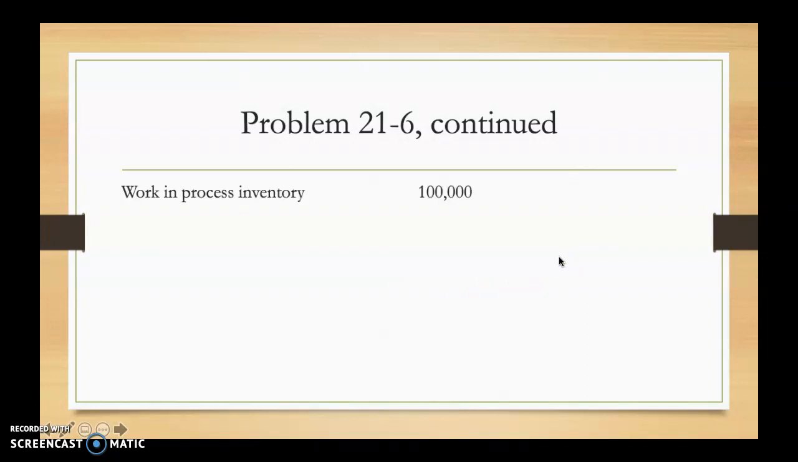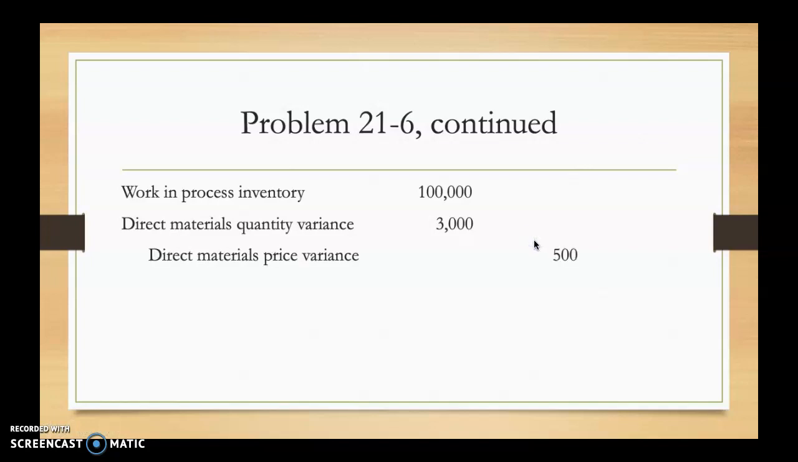For the first one, we are going to record work in process inventory for $100,000 to account for the standard direct materials cost given to us. Then we are going to have another debit of $3,000 to direct materials quantity variance, which is unfavorable variance. So like I said, that would be a debit. And then on the other hand, for our favorable variance for direct materials price variance of $500, that is going to be a credit. Finally, we are going to balance this journal entry out with a credit to raw materials inventory for